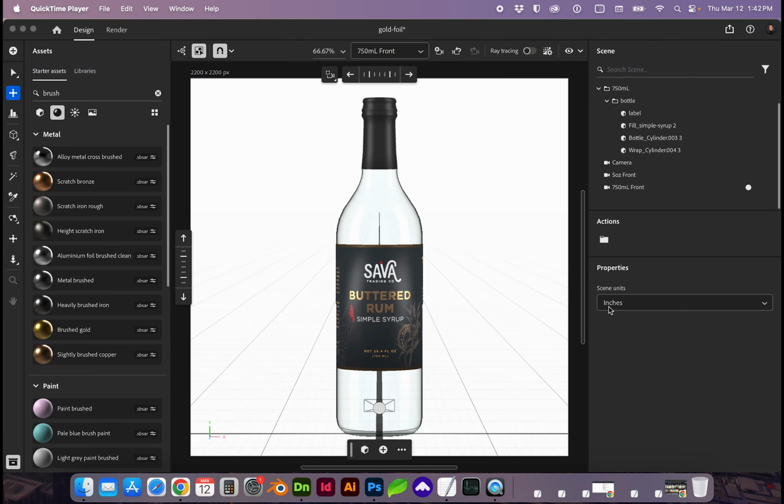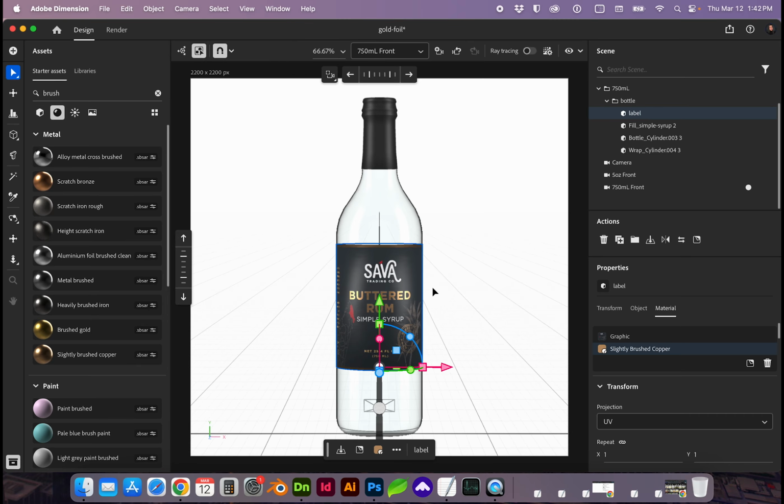In this video, I'm going to show you a technique that I use in Adobe Dimension to create a gold foiled look on a packaging design label. Once you've inserted your 3D object and you have your label that you want to apply a gold foiled look to,